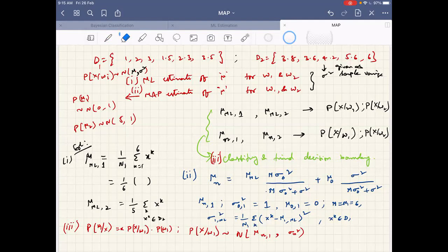Okay, any other answers? Does somebody agree or disagree? Is this correct, or is it something else I have to write? What is the variance? Is it sigma n1 square, for the likelihood P of x given omega 1? Is it correct or not? No other answers?